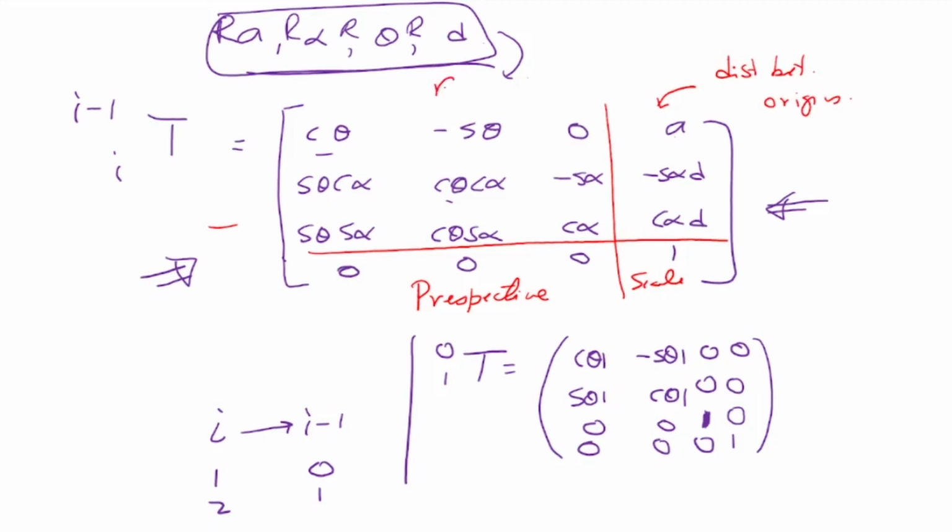Okay, and this is the rotation matrix. Rotation is about the z-axis. So if you look at the structure, this is a rotation matrix. It may be about any axis. That's why it is having all the elements. But if it is a rotation only about the z-axis, then it will only have these elements. That's a rotation about z. It will be 0, 0 there.